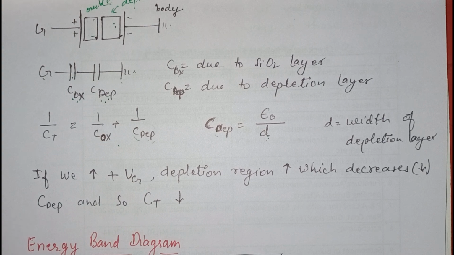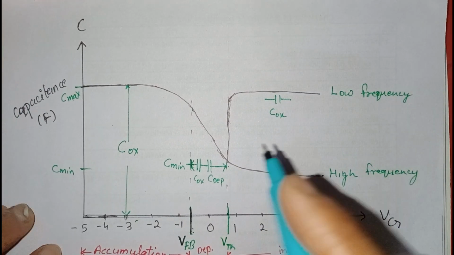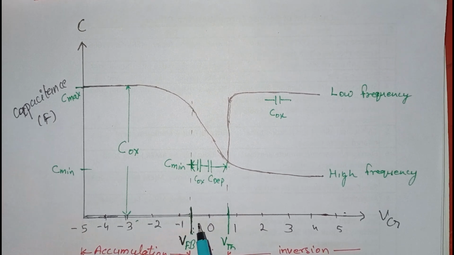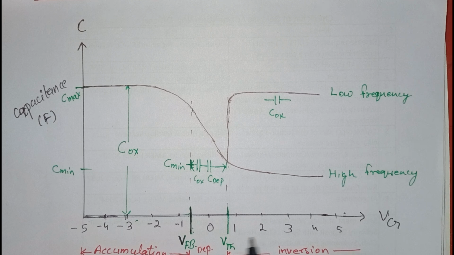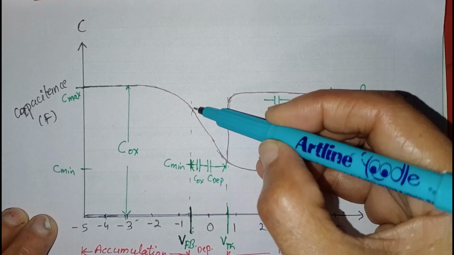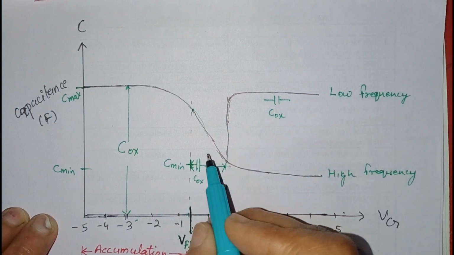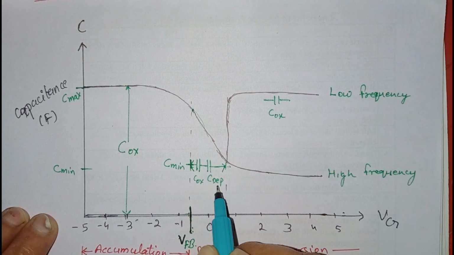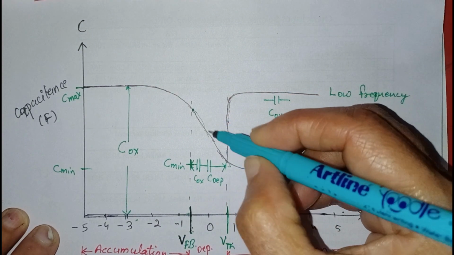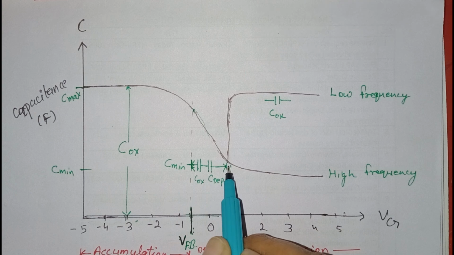Now we'll see the CV curve of this depletion mode. This is the CV curve. This portion shows the accumulation mode that we have discussed in our last lecture, and this portion from flat band to the threshold voltage shows the depletion mode of the MOS capacitor. Here we can see the curve is in this direction. This shows the inverse relation, and this inverse relation is due to only this depletion capacitance. Due to this depletion capacitance, total capacitance decreases as we increase the voltage at the gate. So here the value of the capacitance will be minimum.